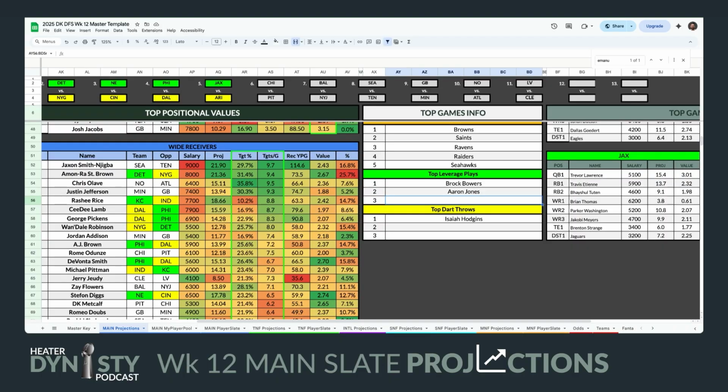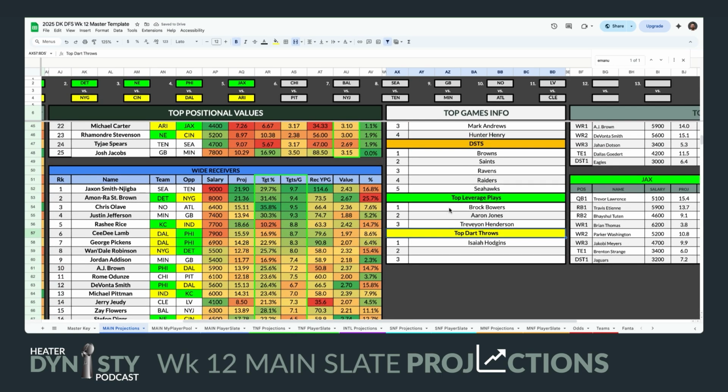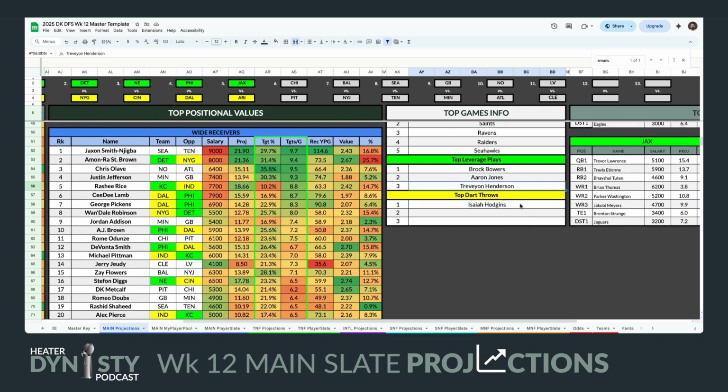And then my last one here would be Trevion Henderson. He hasn't been mentioned that much this week. He is one of the top games. Obviously Ramondre Stevenson might come back this week, and that is why people are hesitant about it. But I think he's shown the team that he has earned that position, and this will probably be the last week you'll be able to play him at a lower roster percentage because of that hesitancy from others. If you just go with your gut and say that he is going to be the same guy this week, even with Ramondre Stevenson back, I think you'll be able to get a lot of leverage on the field.